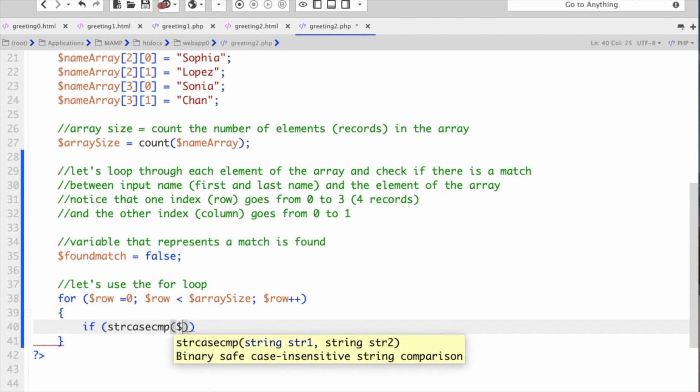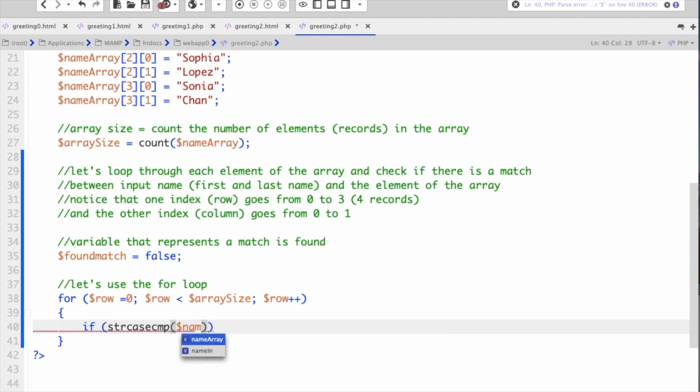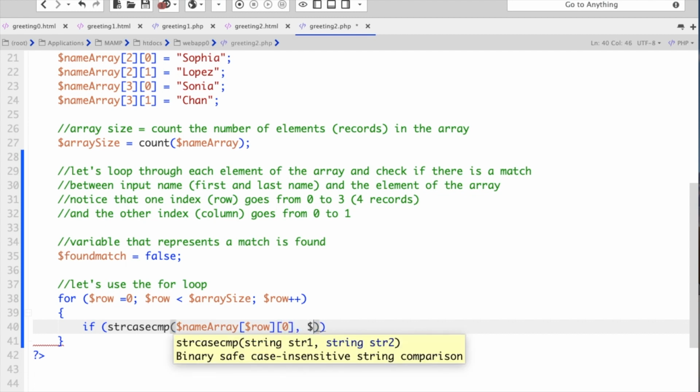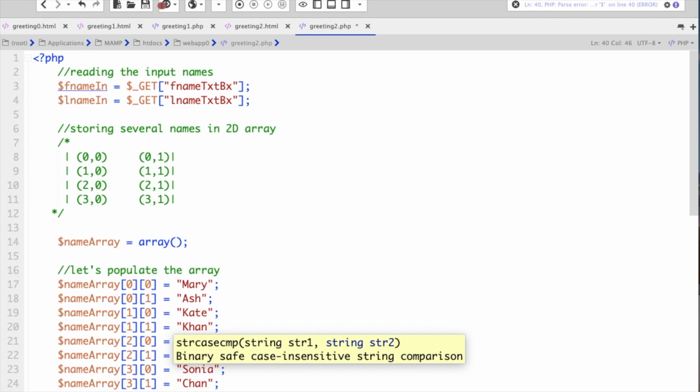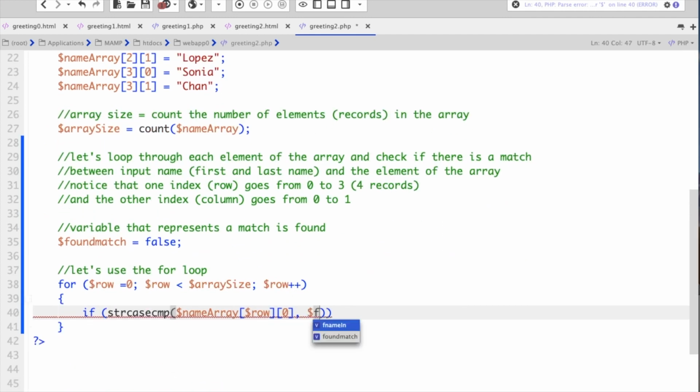So I'm going to compare $name_array, the row, right? And here, 0. That's the first name, right? I'm going to compare the first name in the array with the first name that was sent, fname_in. If I compare with that is equal to 0,